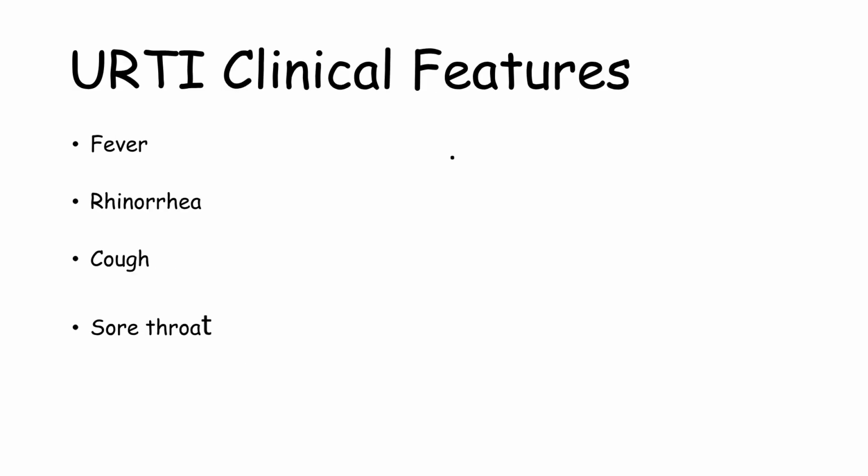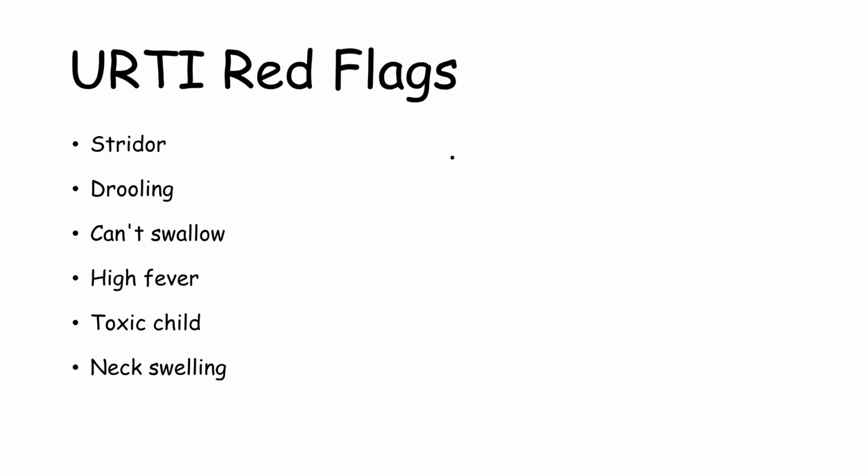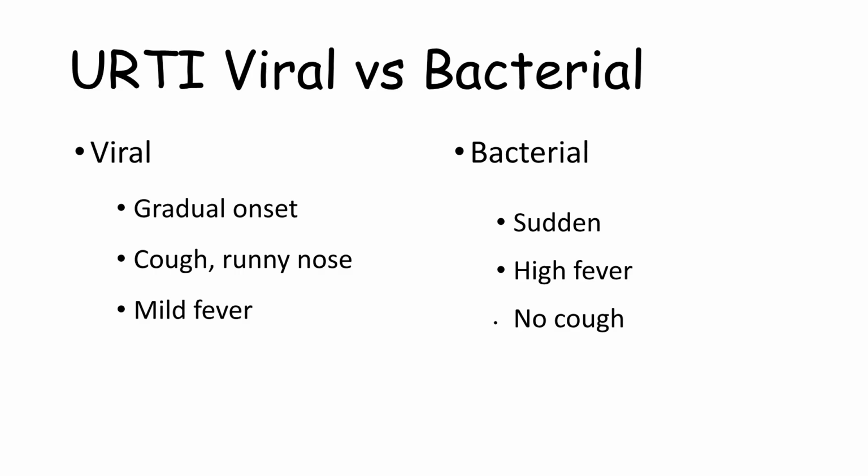Typical clinical features of a self-limiting URTI include fever, rhinorrhea, cough, and a sore throat. It's important to identify red flags early, such as stridor, drooling, inability to swallow, high fever, a toxic-looking child, or neck swelling, as these can indicate a more serious illness. Viral URTIs typically have a gradual onset with cough, runny nose, and mild fever. Bacterial infections tend to be sudden, present with a high fever, and often lack a cough, helping to differentiate them